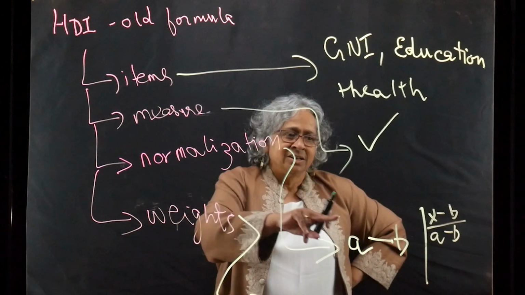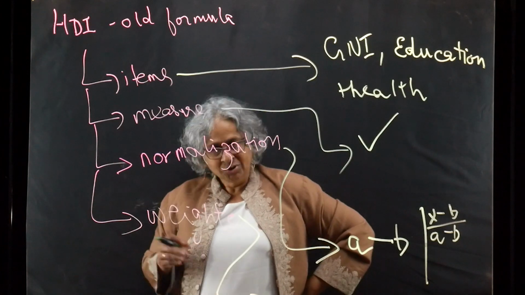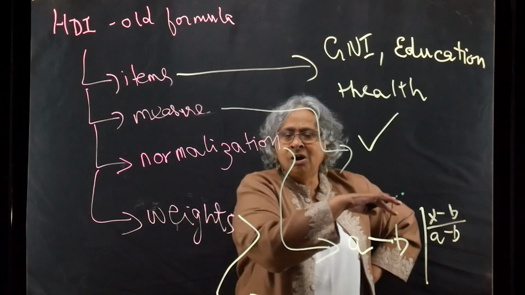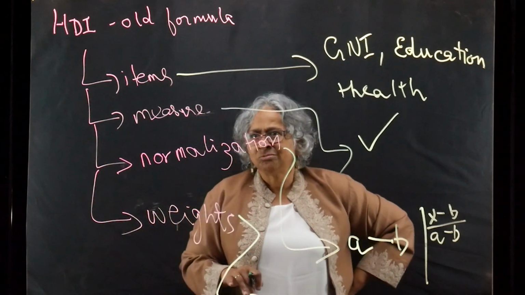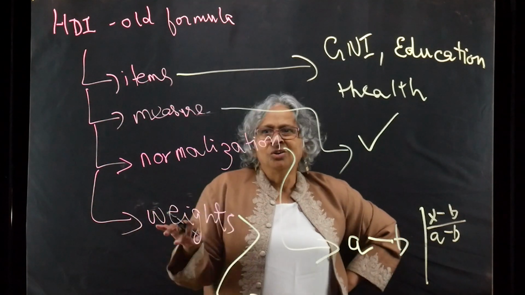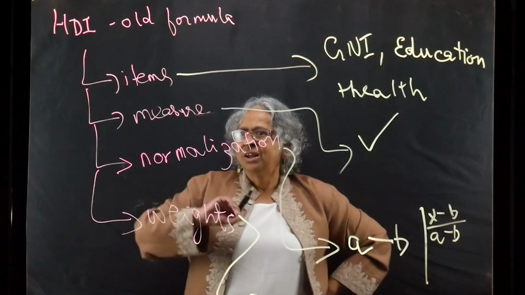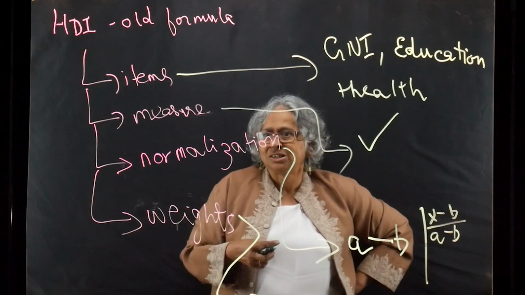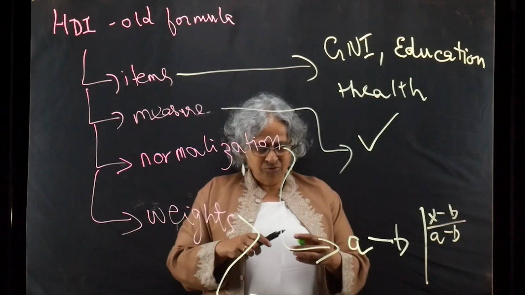Which means they took an average of that to decide what your rank was. If you got the highest rank on all of them, you would get 100. If you got the lowest rank on all of them, you would get 0. And somewhere between 0 and 100, you would land. That is how the old formula